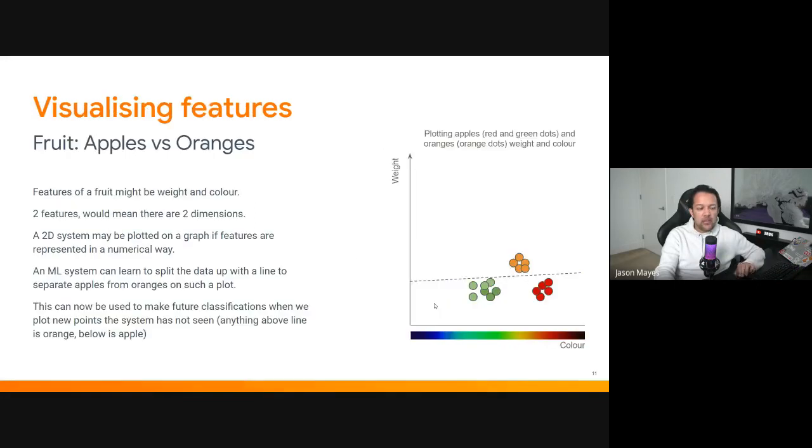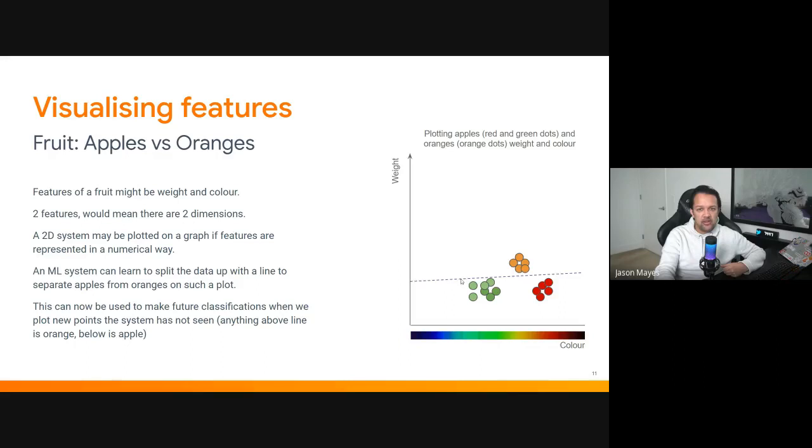Now, if you go back to your high school mathematics and you plot these on a graph, let's say you take 50 apples and 50 oranges, you might end up with a scatter plot that looks something like this. And you can see the green apples are in the green spectrum of the x-axis here, the red apples are in the red spectrum, and the oranges are in the orange spectrum, but are slightly higher up because they're more juicy, they have more water in them, they're slightly heavier on average, so they're slightly higher up in the chart there.